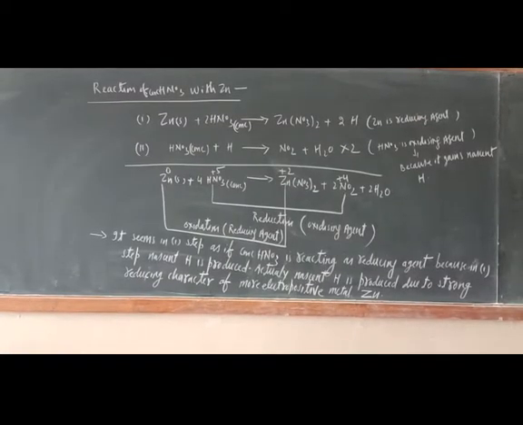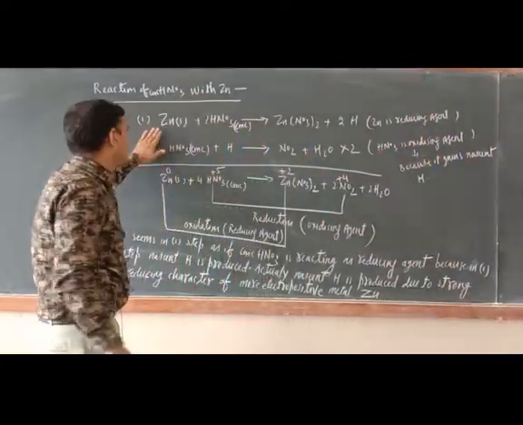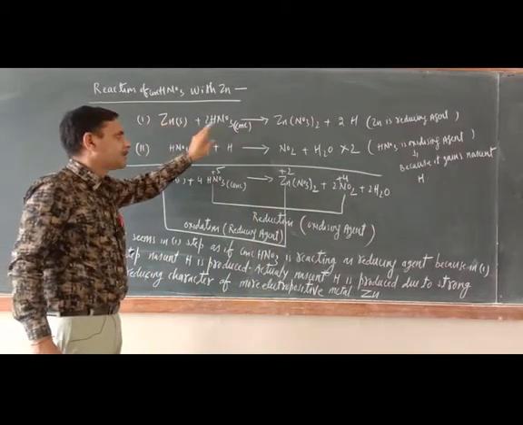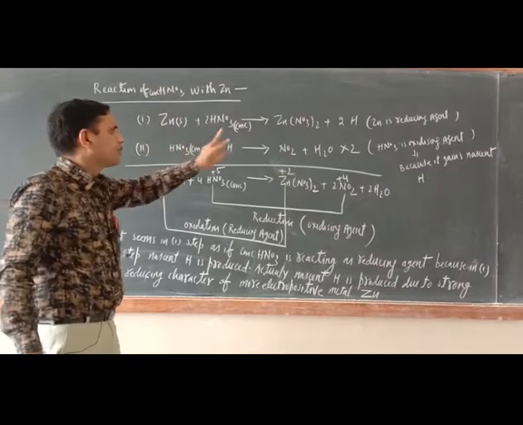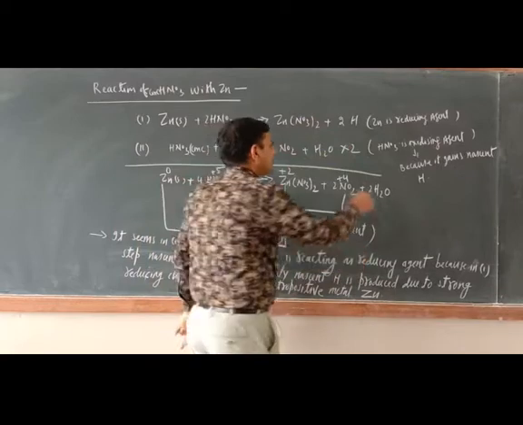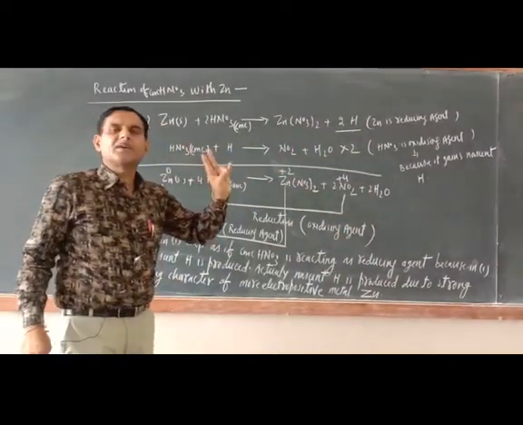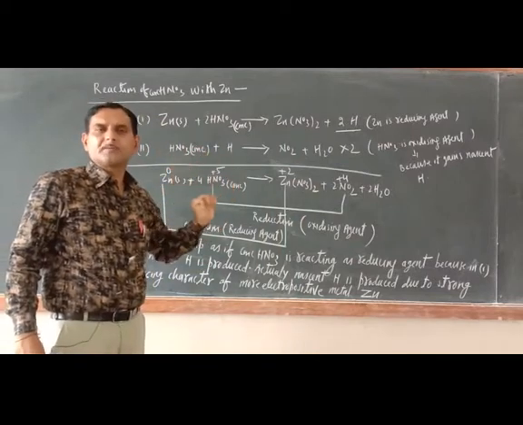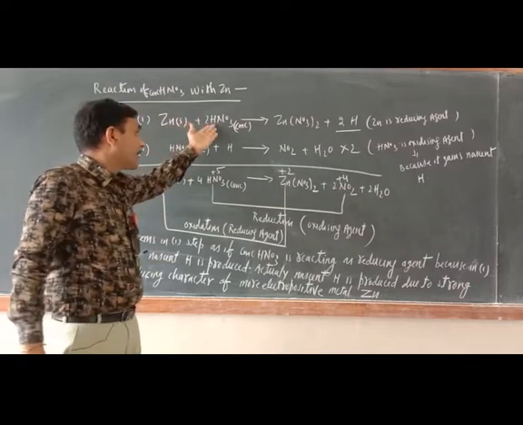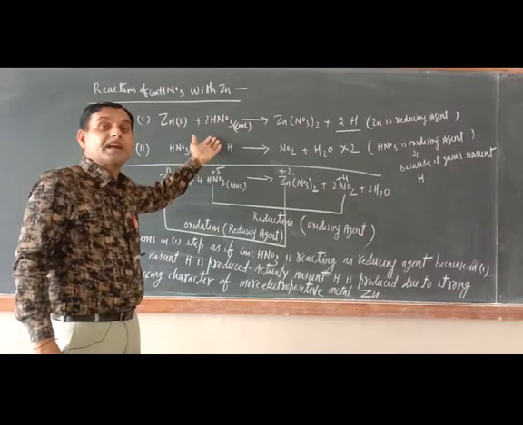So now dear cadets, the reaction of concentrate HNO3 with zinc. Just see, this is the reaction. Zinc reacts with concentrate HNO3. I am writing a two-step reaction. It forms zinc nitrate plus 2 nascent hydrogen. Remember, in step number one, nascent hydrogen is evolved. So what is the meaning of this? It seems that in step one, HNO3 has furnished the hydrogen. So this nascent hydrogen has been furnished by HNO3.